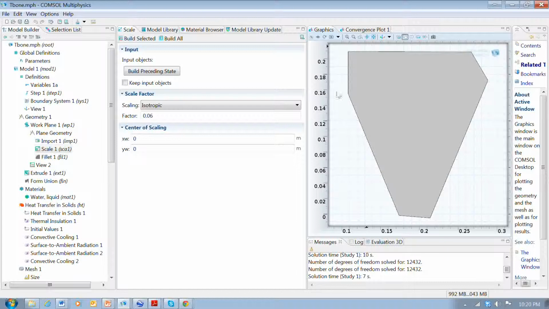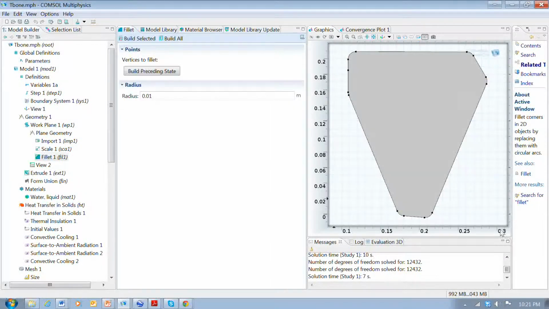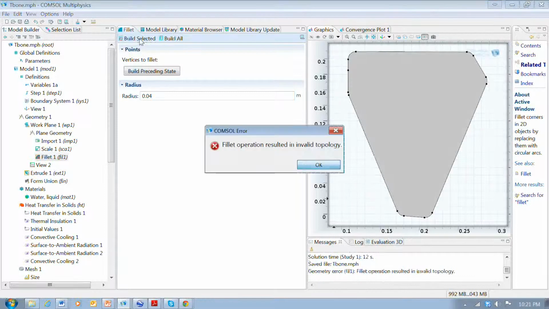And the other thing that I wanted to do was to round off these corners. And that's possible to do in AutoCAD, but I just brought in this very simple diagram. And so I used this command here. A fillet is where you round off the edge of usually a machined part, but in this case it'll be our T-bone. So I applied this to the drawing. I had selected each one of those corners, and we get this effect. You can change it around a little bit. If you have a larger radius of curvature, then you can get